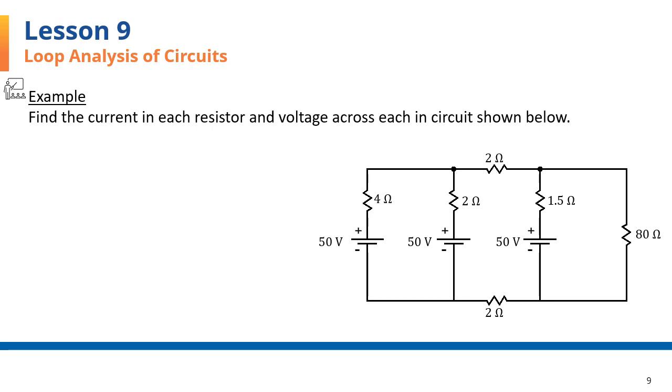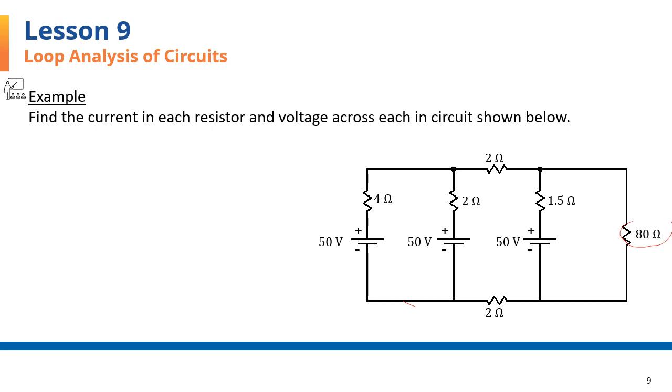There are 3 batteries with some internal resistances connected in parallel, and the 3 batteries are powering a resistive load of 80 ohms. We are asked to find the current in all the branches and voltages across each resistor in this circuit. Let's